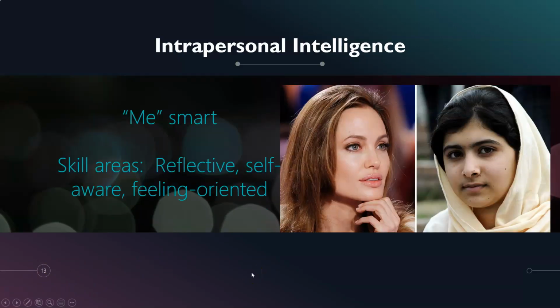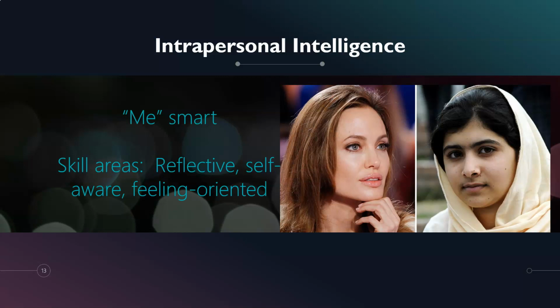And lastly, we have intrapersonal intelligence, and this means that you are self-smart or me-smart. It's within a person. These kinds of people have a very deep awareness of their own thoughts and feelings. They know themselves, they're reflective, they're feeling-oriented, and they do need a little bit of time to process that. When we talk about reflection, they need alone time to reflect on their experiences relative to the world situation, for example. I know all of us are probably thinking, well, we all know ourselves better than anyone else, but that's not exactly what this means. It means you're really in tune with how you roll and how you think and how you function.